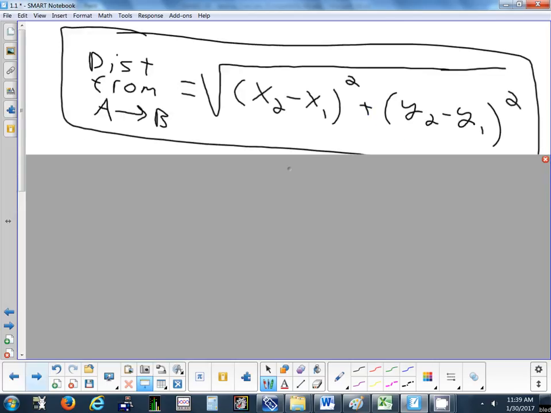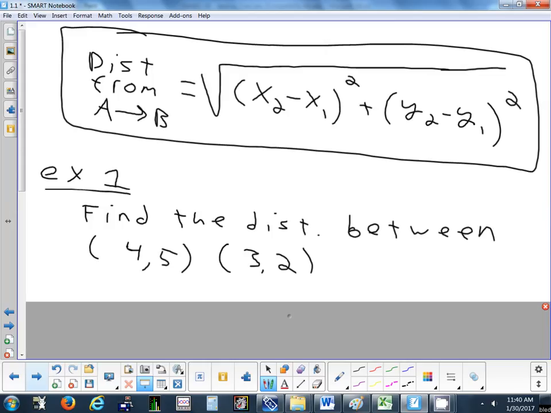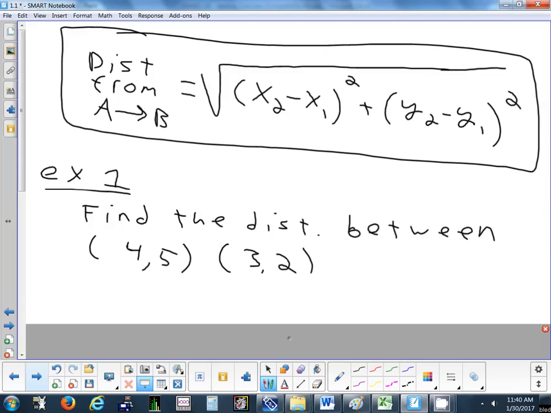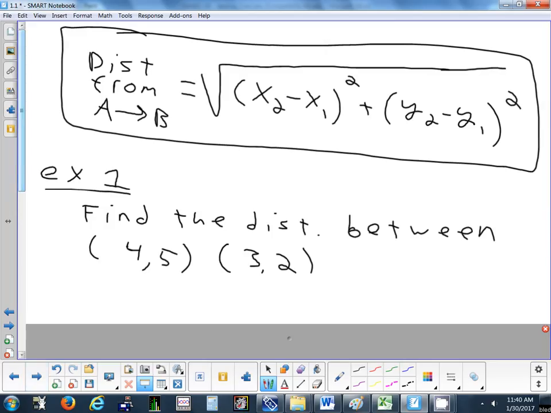So it's the difference in the x's squared plus the difference in the y's squared. You add them up and take the square root. It's just the Pythagorean theorem. That's all it is. All right, so some people, they don't even have to label anything, they just plug it in, that's fine. If you need to label stuff, we can